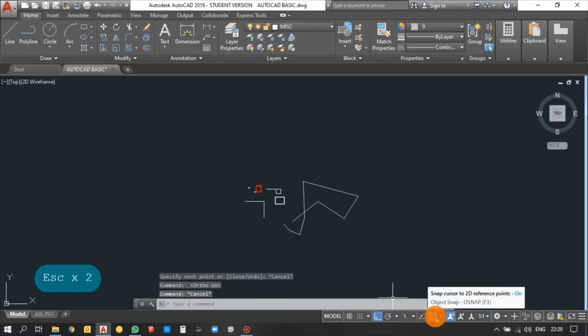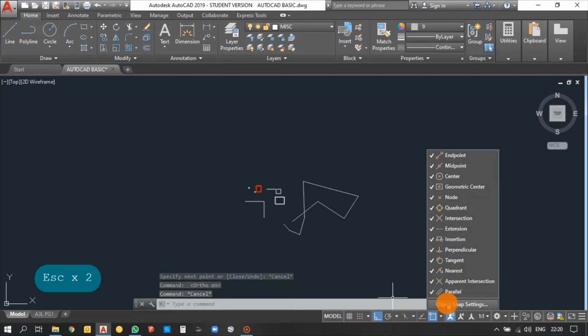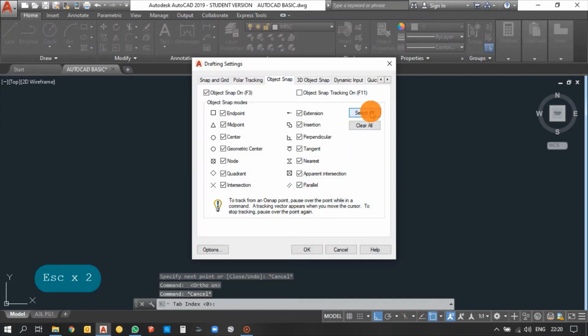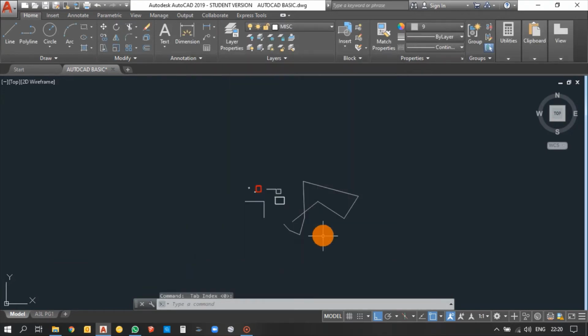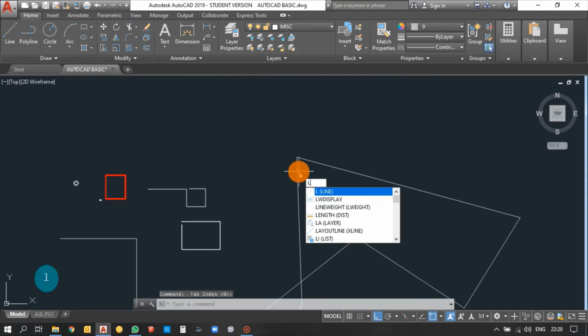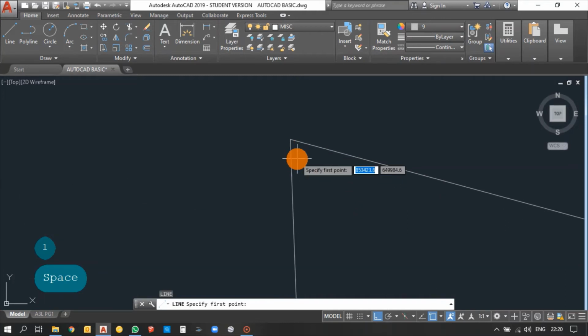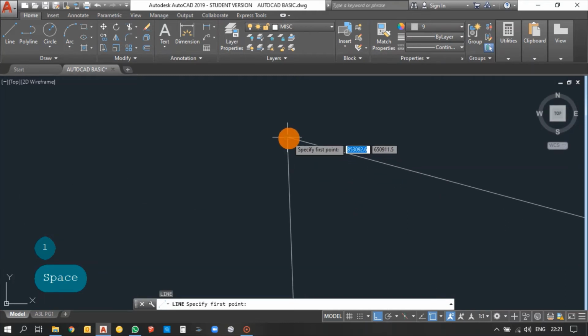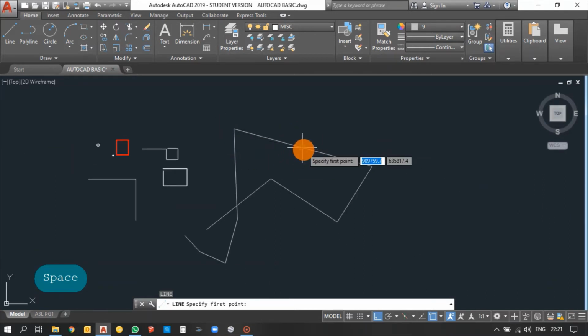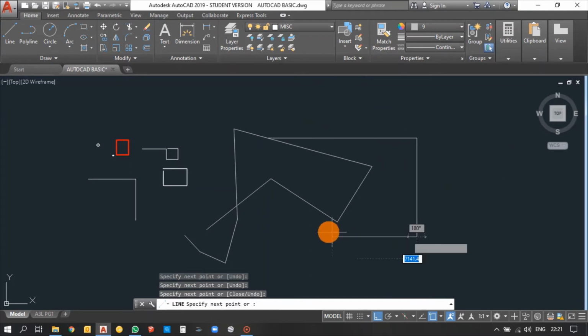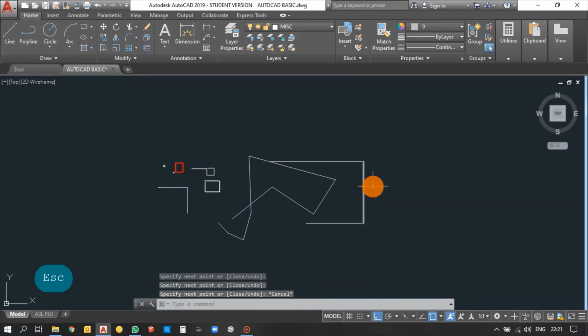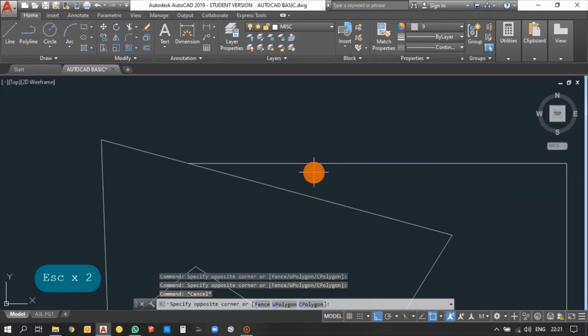And one more thing, so just select object snap settings. Go for object snap setting and select all. In object snap and 3D object snap, select all and click OK. So what this does, in case you have a selected command, you can see a green square, it shows the end point. So in case you can go for a midpoint, so it shows a midpoint, endpoint, whatever. So these options help us to identify the midpoint, endpoint of a line.